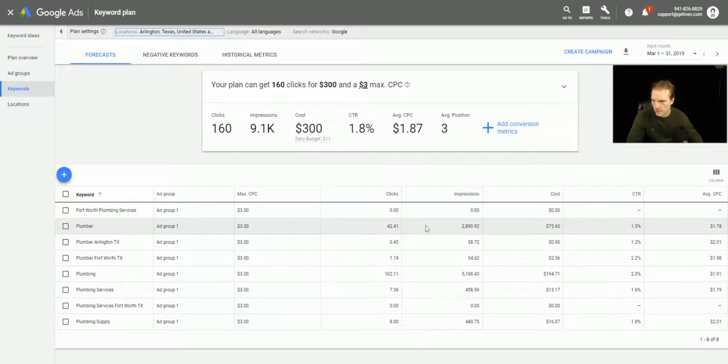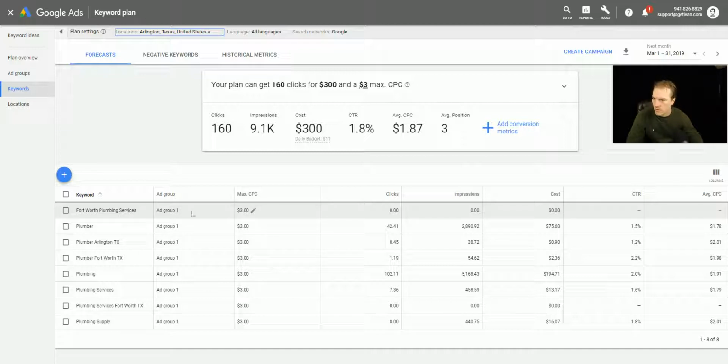But Fort Worth and Arlington are major cities. And so we can see that some of these terms that I put in, they're saying don't expect to get many impressions or any impressions or clicks from some of these terms. And that's why this tool, this keyword planning facet, I can't even remember what this forecast section is, is pretty useful, because once you've done your keyword research and you've actually narrowed it down to some terms you like, then you can come over here and get forecasts, and you can get an idea of what has maybe buyer potential. So that's something you should keep in mind also,